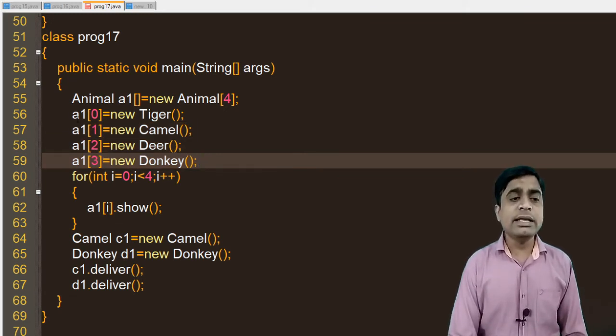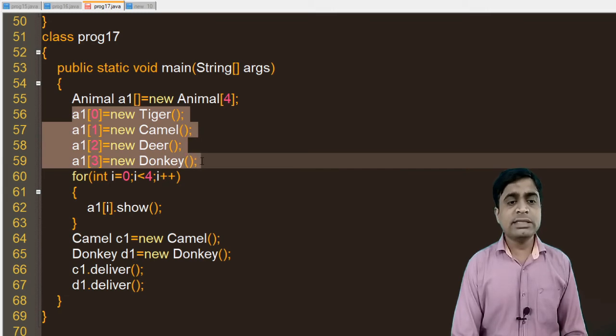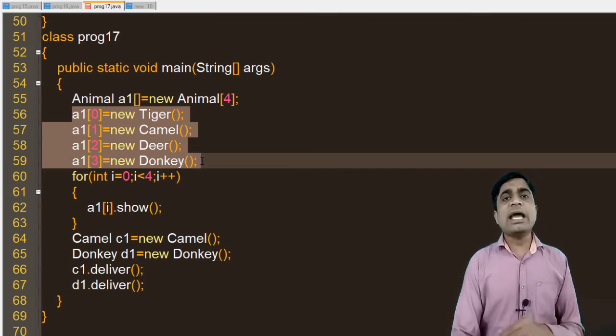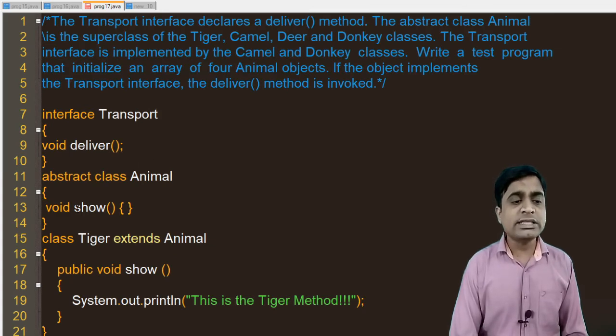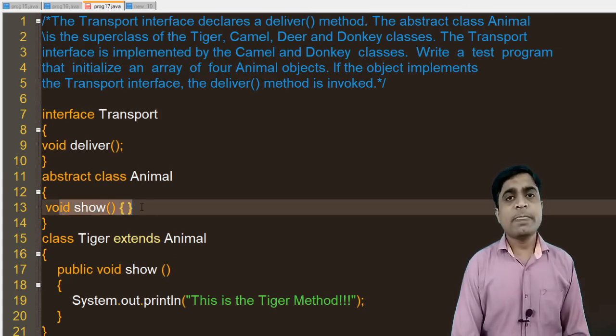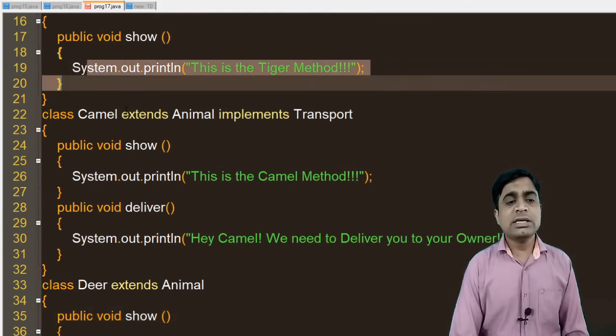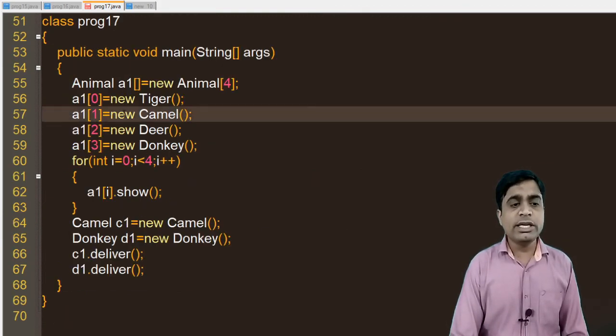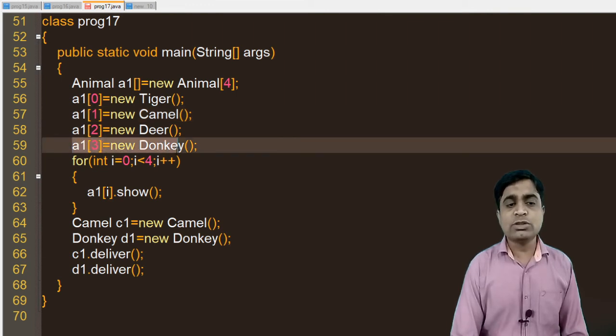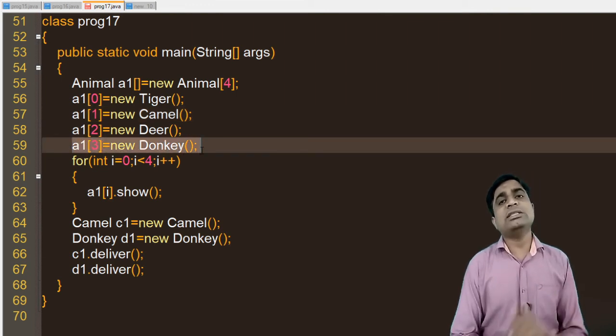Why am I writing this line as dynamic method dispatch, giving a reference to each other? Just because I have overridden one method called void show, and I have overridden the void show method in all these four classes. Suppose in donkey you are not overriding the void show method, then you cannot write this line.